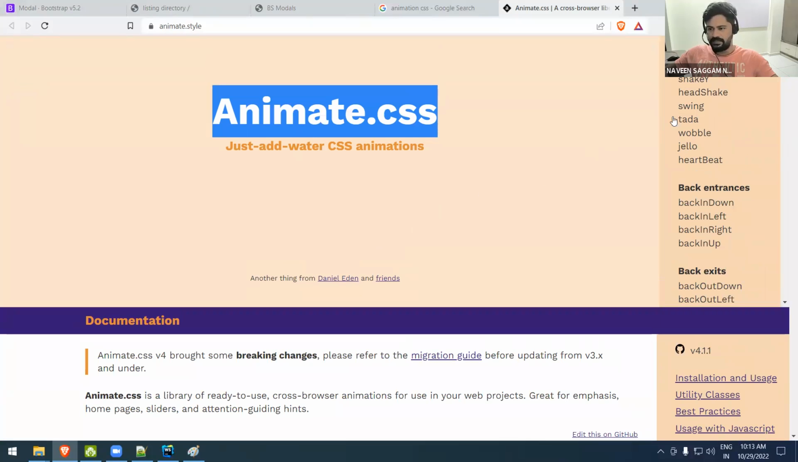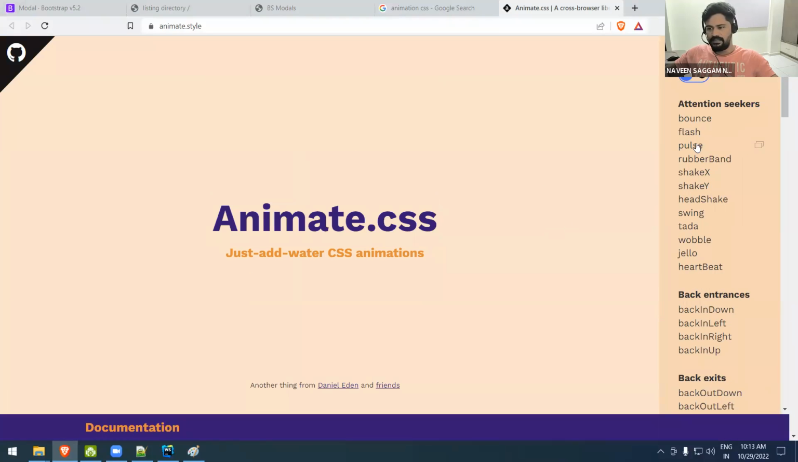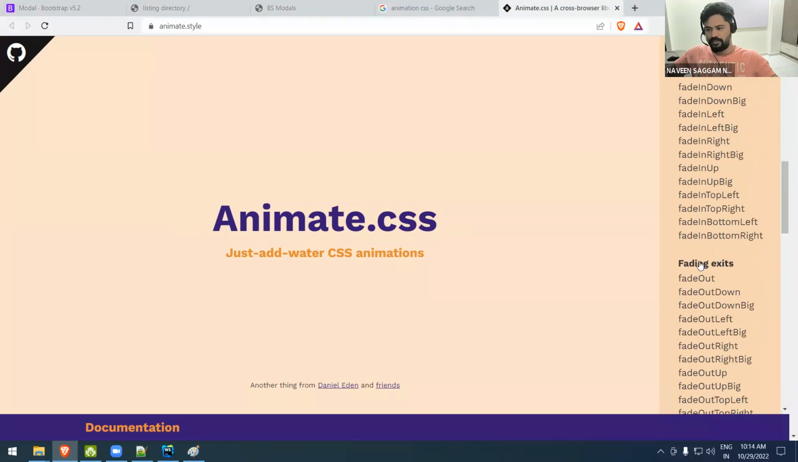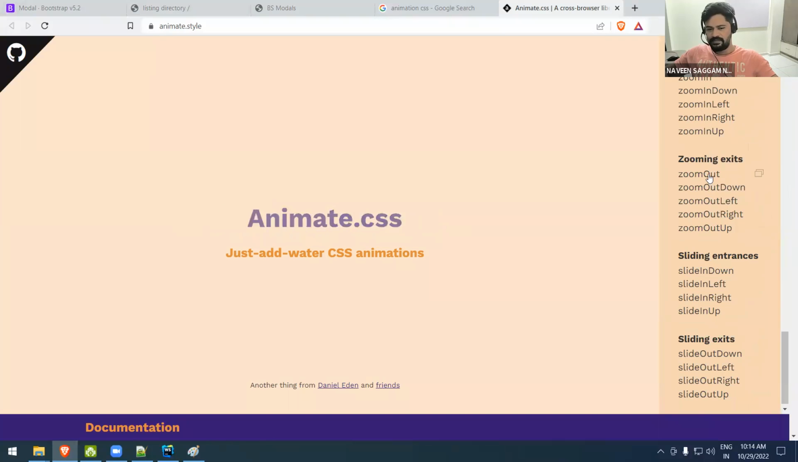Let's keep it here. See, something like pulse, flash, bounce, tada. So this type of animations you can apply. Jello, heartbeat. Okay, so many things are there. Zoom in, zoom out. Okay, so to apply them, we need to